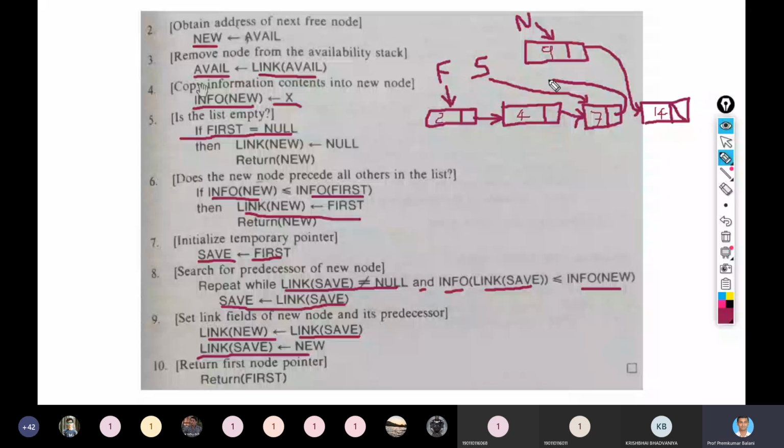So my node is now inserted here, and we have to return the first.